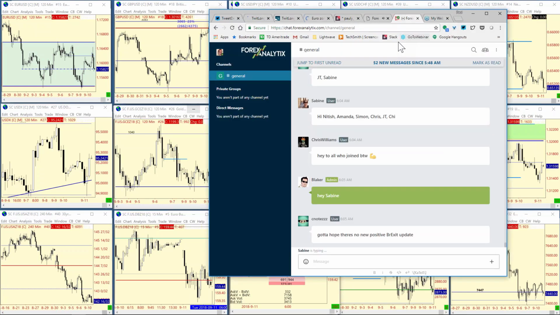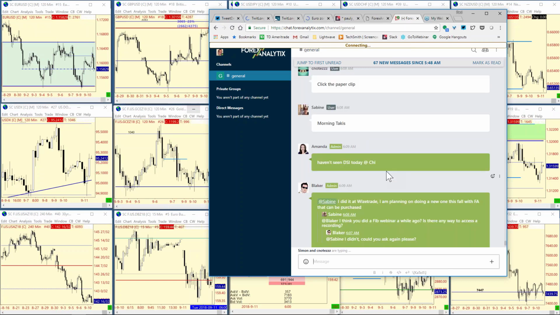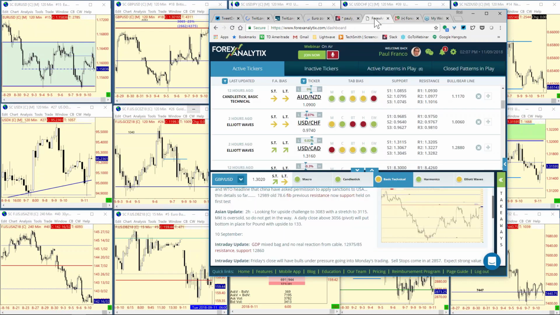Getting back here once again, one of the things I like about the ForexAnalytix group is that it's a very supportive group. Here's Simon. Simon's an excellent trader, by the way, but a lot of good traders are here throughout the whole European session into the U.S. session. Like I said, it's a very well thought out website, basically a one-stop shop with the news and the analysis. Maybe you're more into macro and you like harmonics. Boom, push the harmonics button. Or you're into Elliott wave, and once again you've got updates throughout the day.